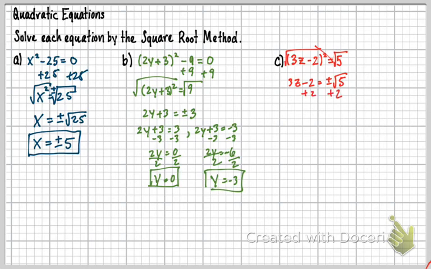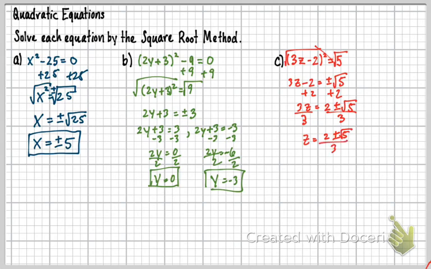I had to do one of these because a lot of people are afraid of those square roots, and they come up a lot in math if you continue any further. So anyways, I added the 2, so then I get 3z equals 2 plus or minus the square root of 5. And this is something you're going to get pretty good at as you go on in this class. You're going to get better at the square roots. And then what we're going to do is divide by 3. So then my z is going to equal 2 plus or minus the square root of 5